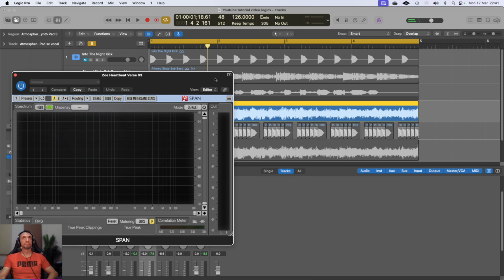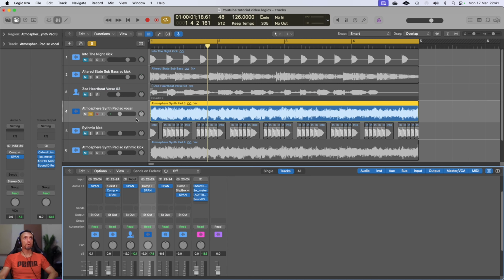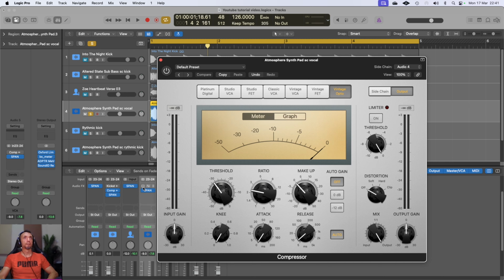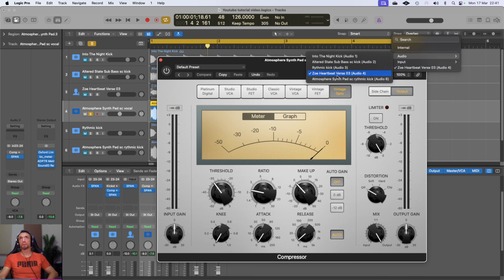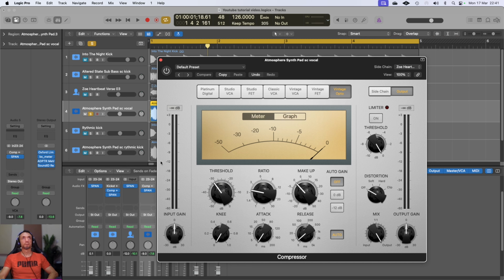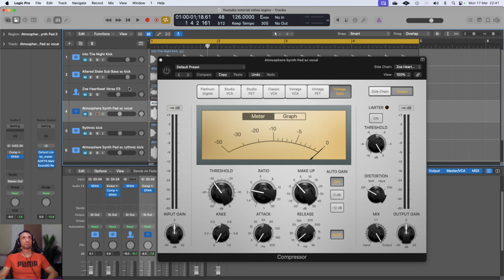So what we've done is, on the synth pad, we've set up a compressor, and that again is now being triggered from the vocal track. So as we then play this project again, we'll see that this needle starts reacting to the vocal. So if I just undo that,